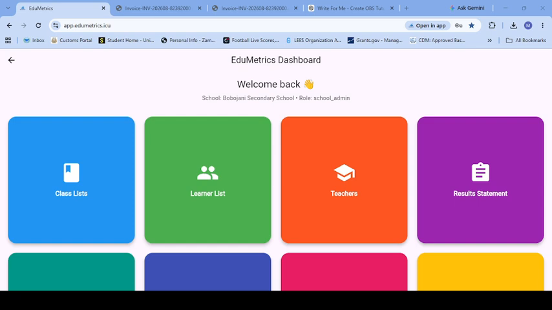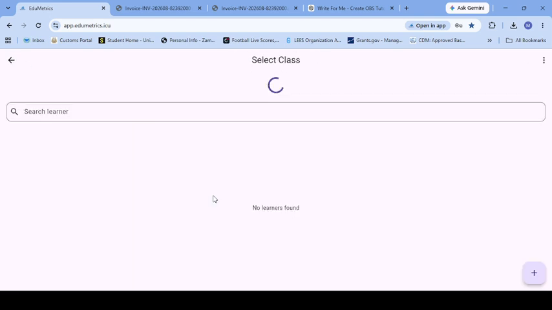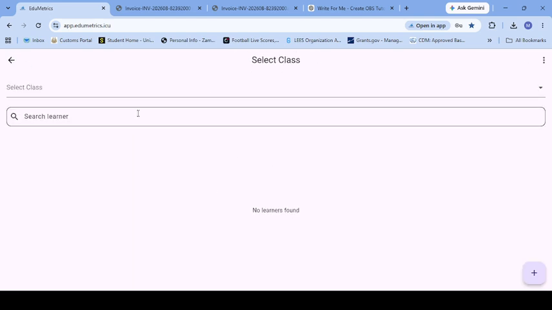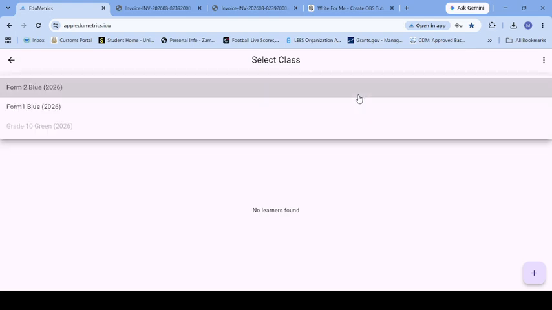Okay, so from tutorial 3, classes were added. The next thing that we need to do is to add learners. So I'm going to click on learner list. On the learner list, again for Boboyan School here, you're going to find there is select class and then there is this menu here. You click this menu, it will show the classes that were added when adding the class